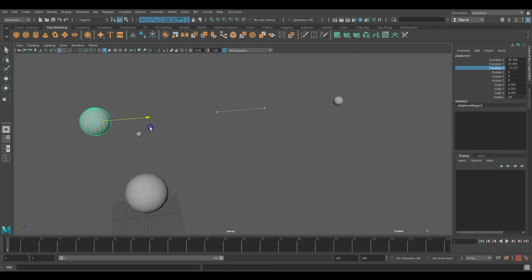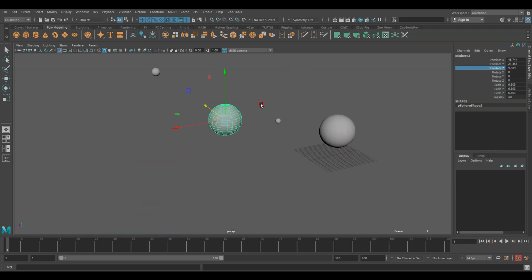To translate in a particular direction, you have to select that and you can translate it. You can see here in the left side corner, the y axis is up, this is the z axis and this is the x axis. Then we have scale. Click on the middle mouse, then press and you can scale this. Now you can scale this in the x axis. If you select all three, you can scale in all the directions.